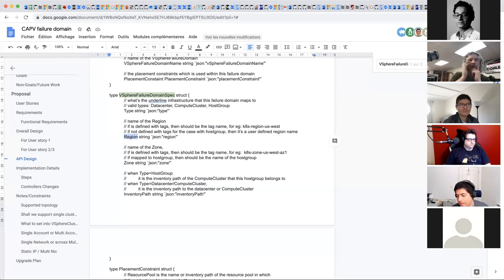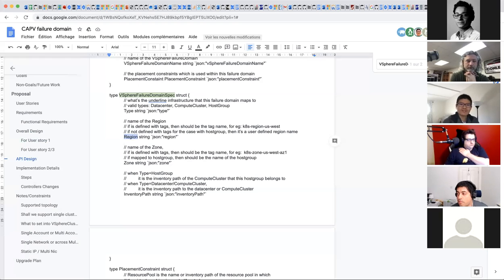Yes, go ahead, Ben. Am I right in thinking this is how we would end up annotating the nodes that are created? By convention, you'd have a label that lists a region and zone, and I'm assuming that is partly the purpose this serves. There may be cases where you can't. It's better to provide the user the ability to set whatever it is they want than try to have some convention that auto generates them. I guess that's one argument for doing it this way. Is that right, Jun? Yeah, I agree.